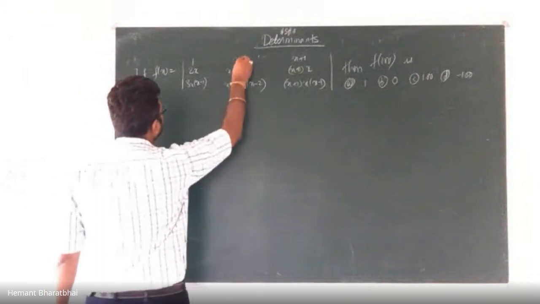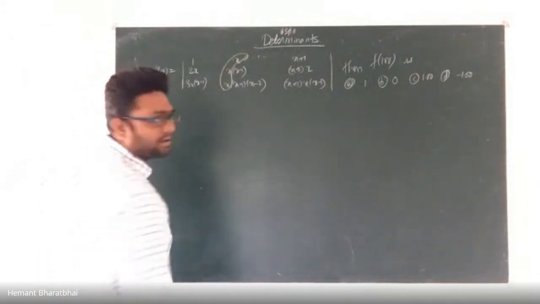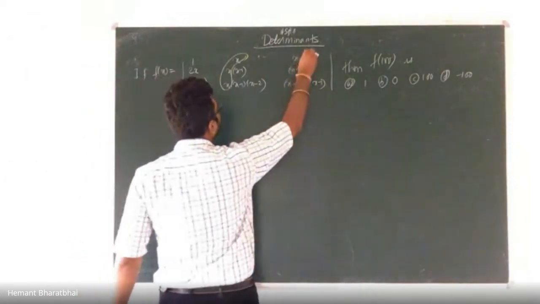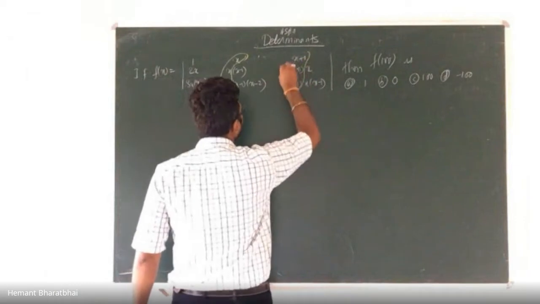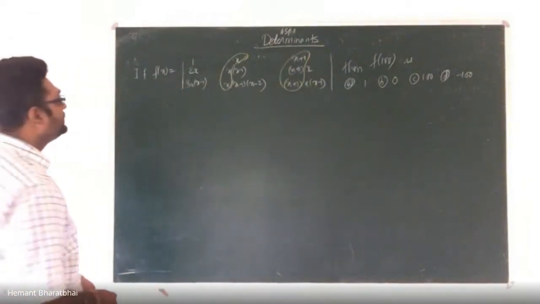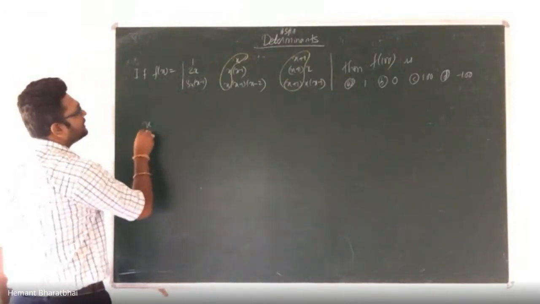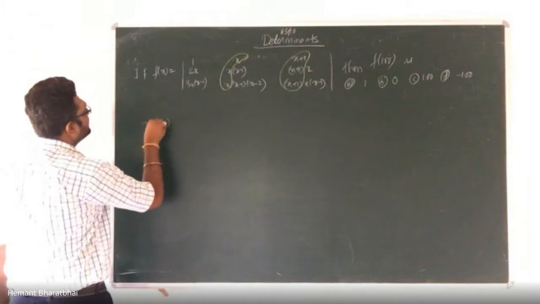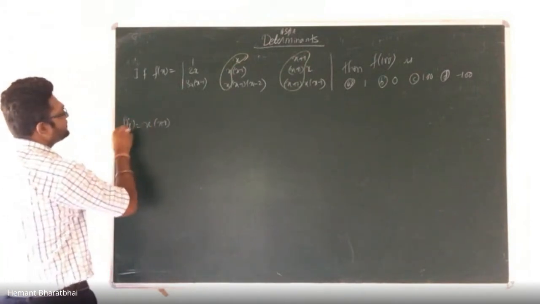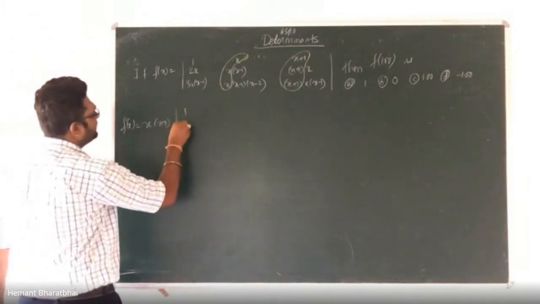So if I see here, in all the columns I have x over here, and in all the columns I have x plus 1 over here. So I can take them outside, I can take them common. So I get here x into x plus 1. So I get f of x is equal to x into x plus 1 into determinant